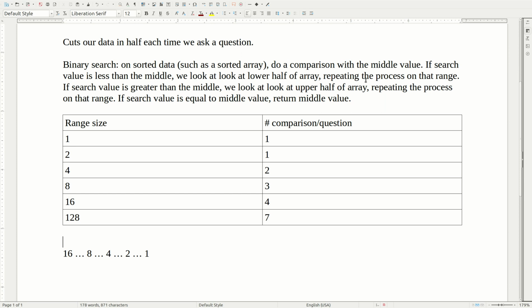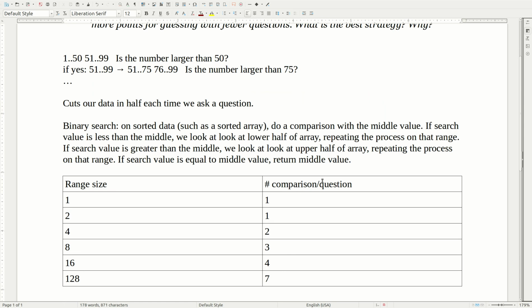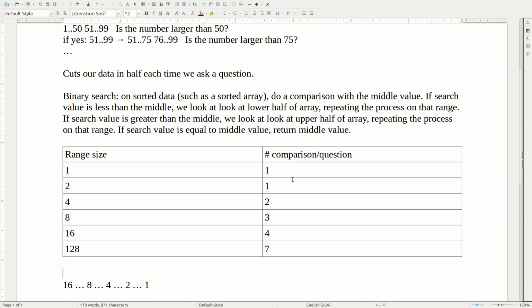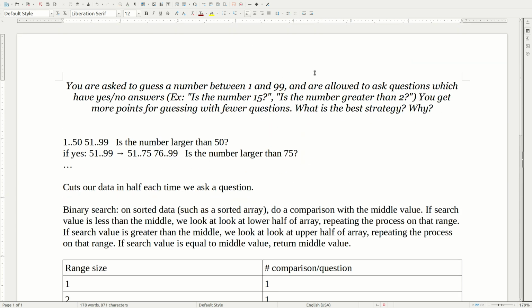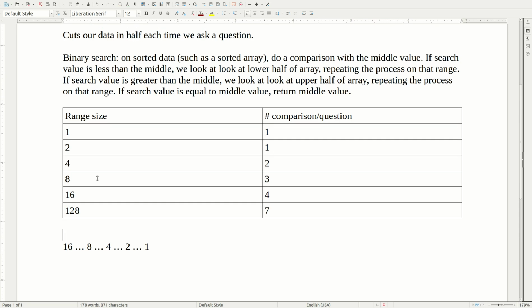So we might get lucky, and our middle number might be one of them, and our middle number might allow us to eliminate 1 more number each time or that sort of thing, but roughly, these are the number of comparisons, or in our example above, these are the number of questions that we would have to ask to be able to answer that or find that secret number in a range of size 1, a range of size 2, etc. So this kind of pattern gives us something that's O of log n, because